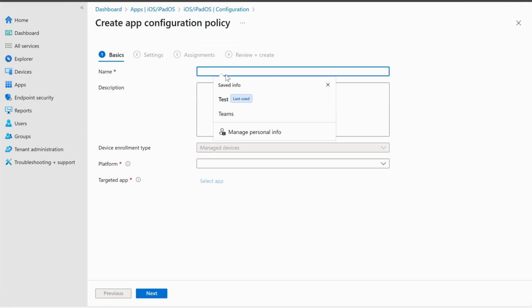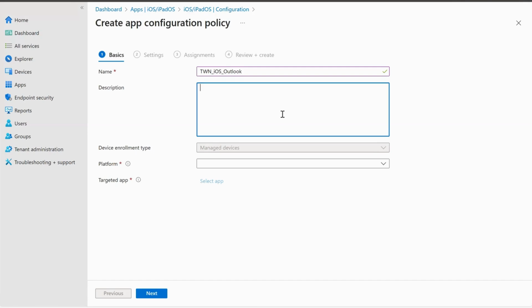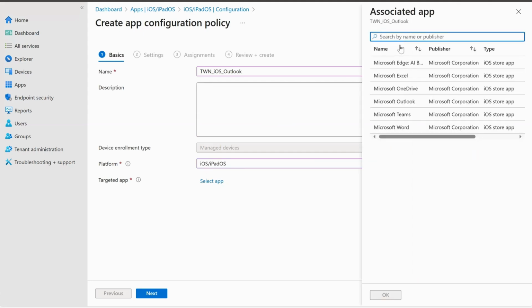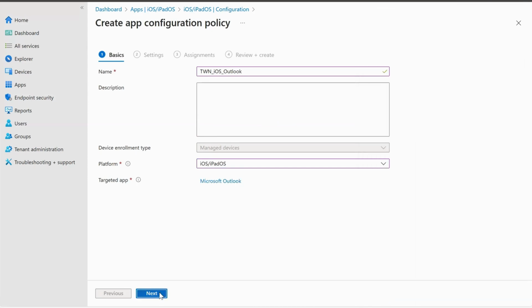Let's put the name here. iOS devices. And I'm creating this one for Outlook. Most probably it would be the same configuration stuff. Platform, I'm selecting iOS and select the application Microsoft Outlook. Next,